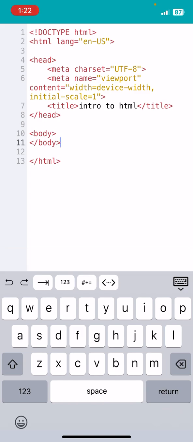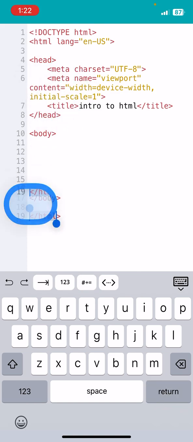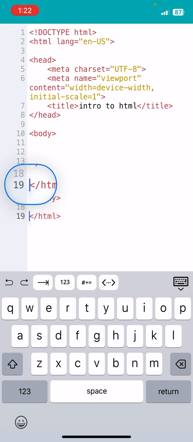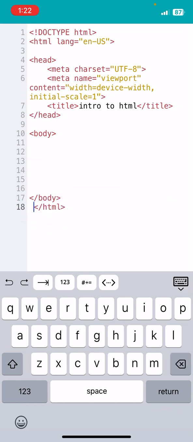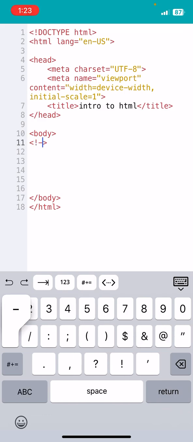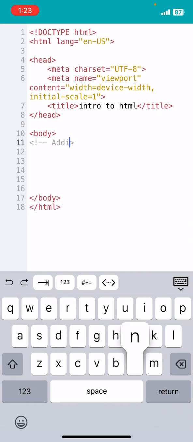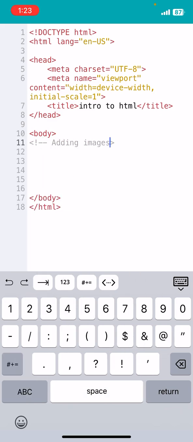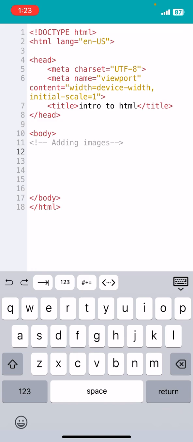And I'm going to open the body. You are going to open your body. Make sure to comment whatever you don't understand. I'll reply to you, okay. And then let's say we are going to add image. I'm going to put a comment and say adding images, right? So adding images, and then so the image, we are going to make use of a tag called